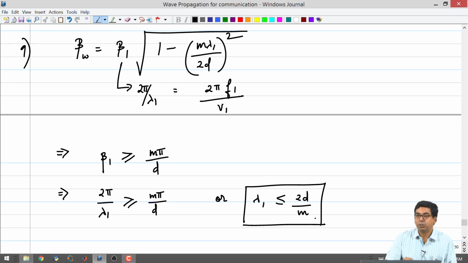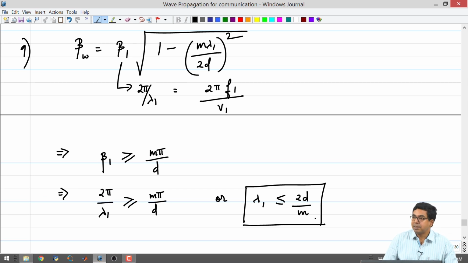Now, there are so many constraints. Theta has to be chosen carefully, m has to be chosen carefully, d has to be chosen carefully. Now, lambda also has to be chosen really carefully. Lambda 1 has to be less than or equal to 2d divided by m, all simply because in a homogeneous medium you just place two plates. If you did not place it carefully, we notice that beta will become imaginary and there will be an exponential decay of your wave. For the wave to travel from one side to the other side, you need to meet all these criteria.